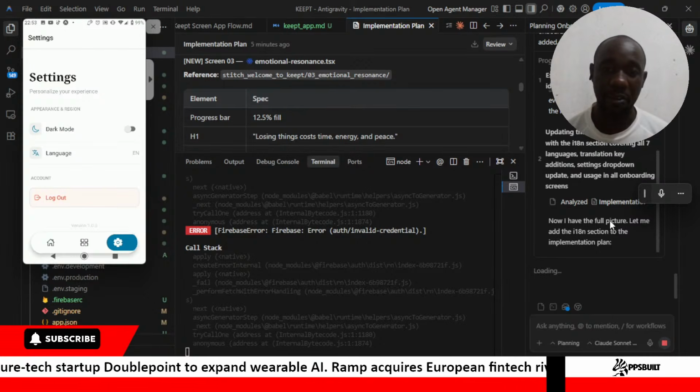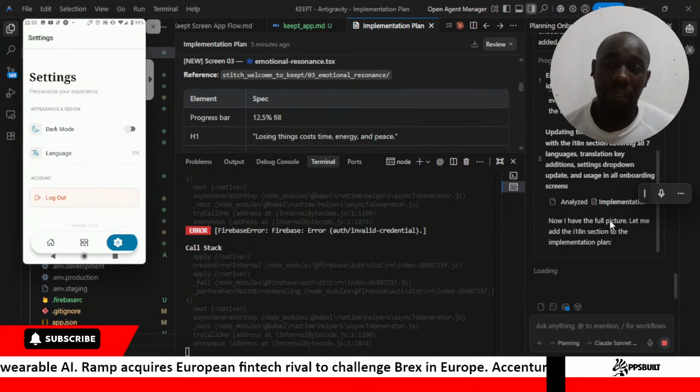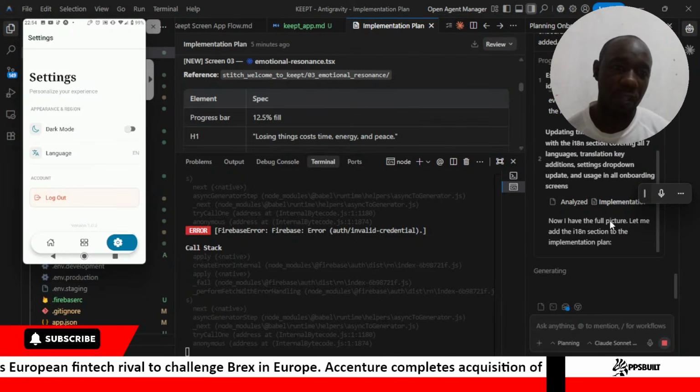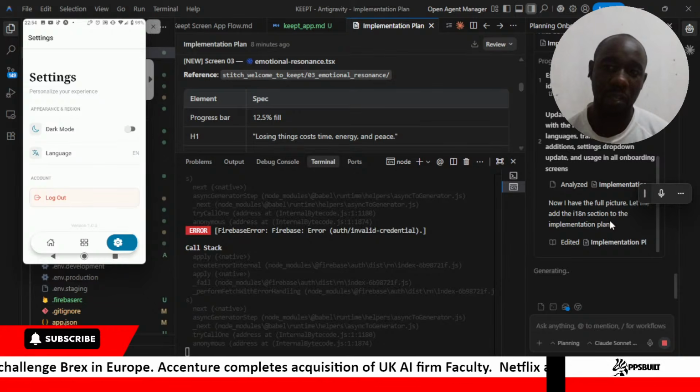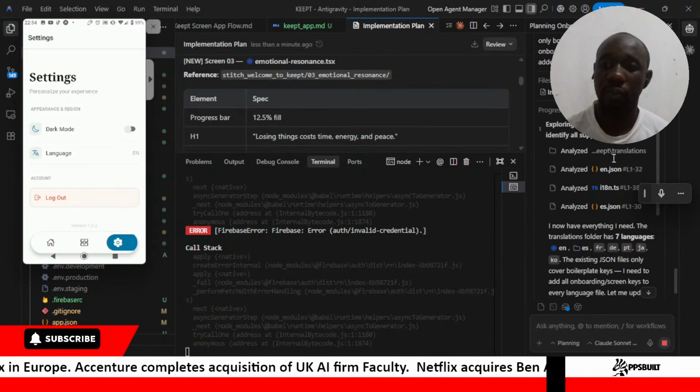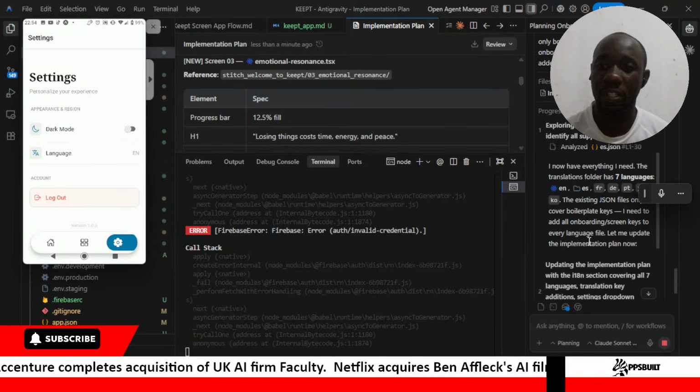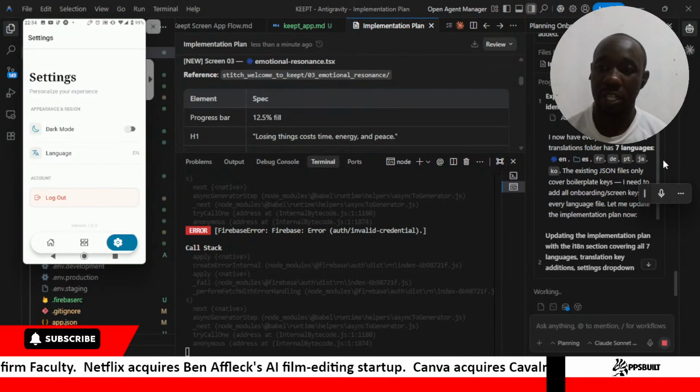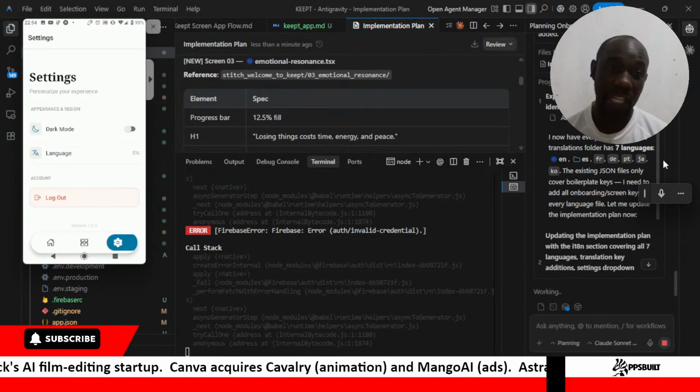We had earlier created an implementation plan, but now we are reviewing that implementation plan to add logic to ensure that all these screens are set out very well. The translations for these screens need to be there. Remember, when it comes to our app, we are setting it out so that users can use it in Spanish, in French, in German, in Portuguese, languages that are widely used.